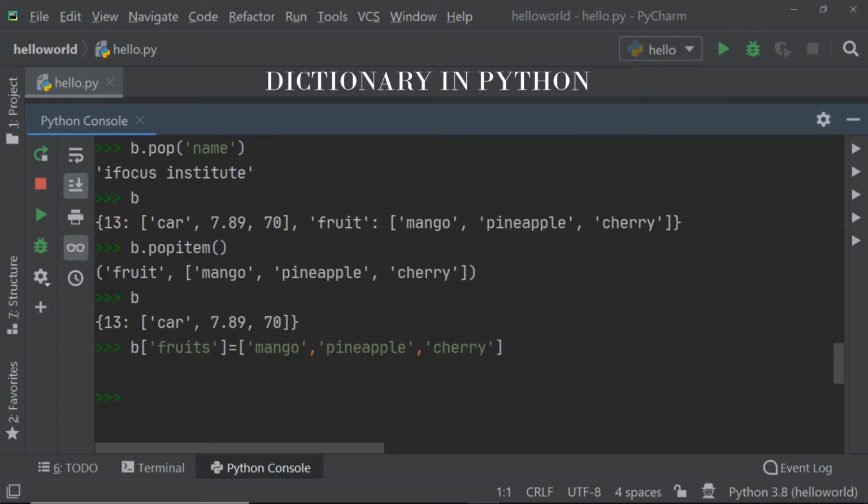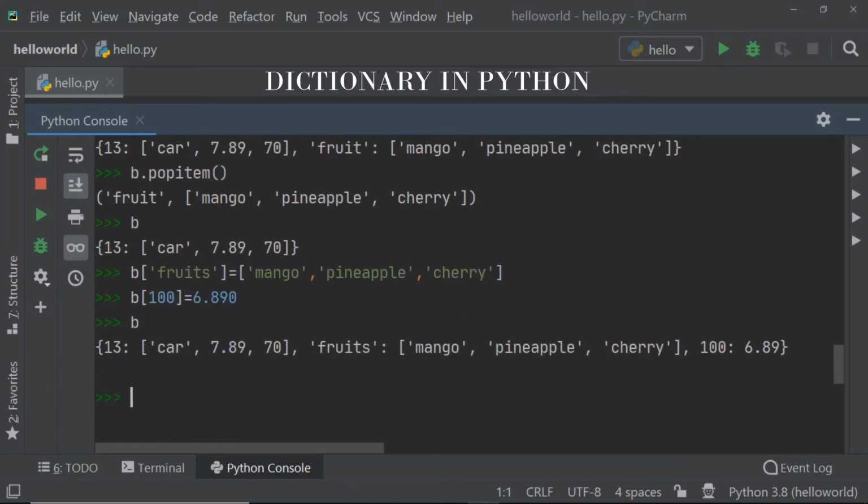I will add another element in my B dictionary, so B, and I will add some number here. B of 100 is my key, so I will take some number. Now if you display my B dictionary, I have 3 elements here.